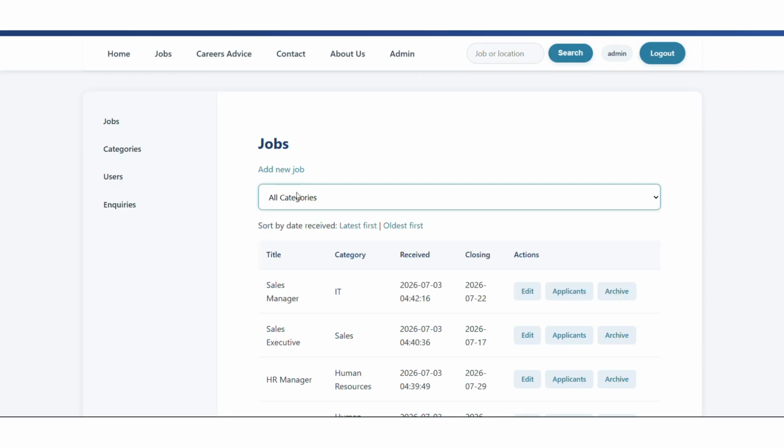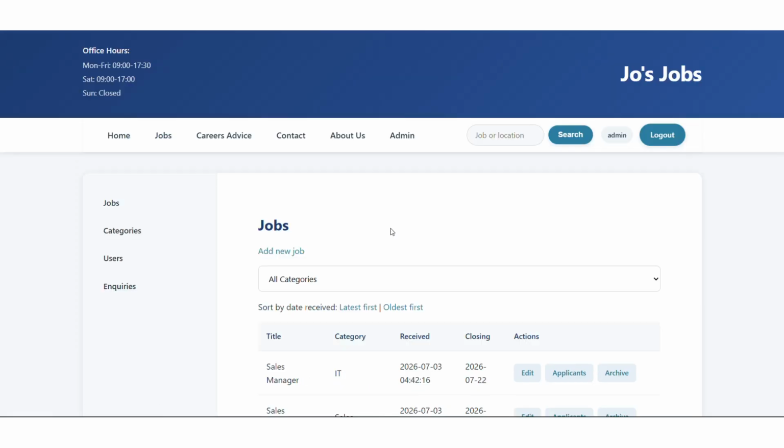The listing now shows only jobs in the IT category. You can also sort jobs by date received, latest first, oldest first. The list reorders to show the oldest job first.